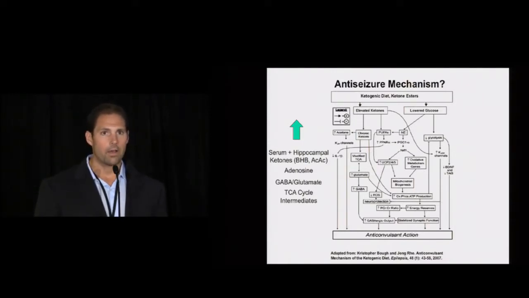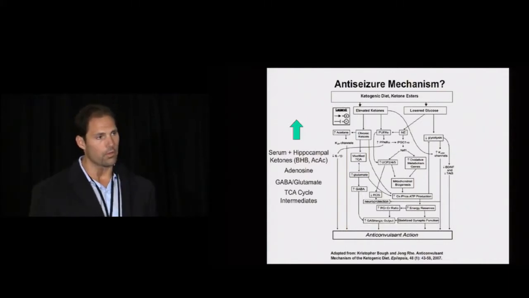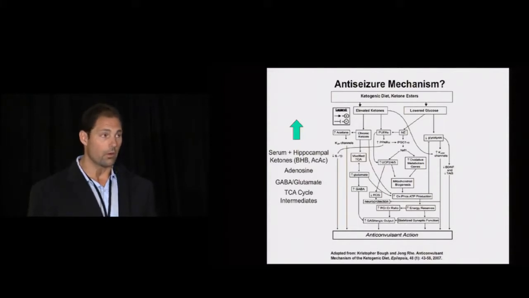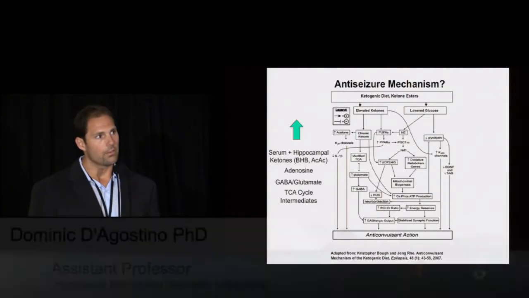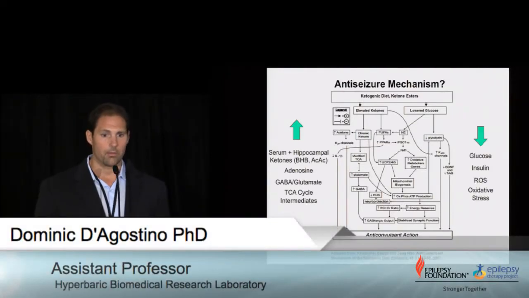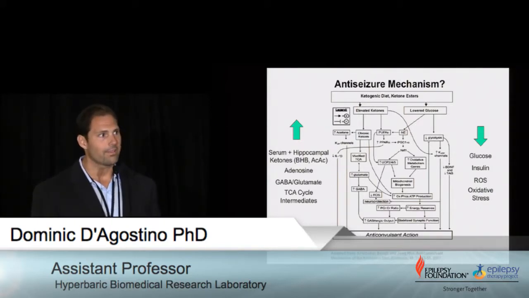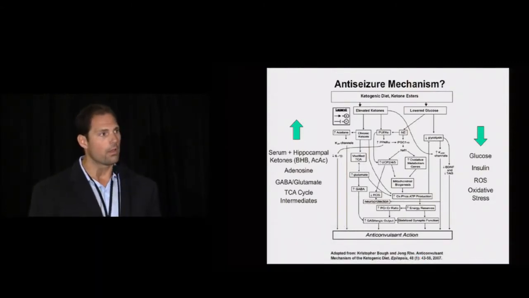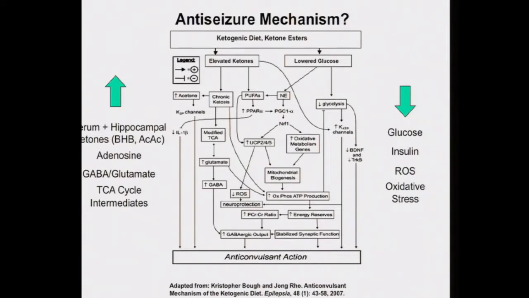There's a large 5 to 10-fold increase in adenosine levels, which has been shown with the ketogenic diet. There's a large increase in the GABA to glutamate ratio, and there's also a 2 to 5-fold increase in all the TCA cycle intermediates, consistent with an increase in brain energy metabolism. We've also seen consistently that elevating ketones has an anti-glycolytic effect, and there's a decrease in blood glucose, in insulin. There's a suppression of oxygen-free radicals, and a general suppression in oxidative stress through a direct and also through an